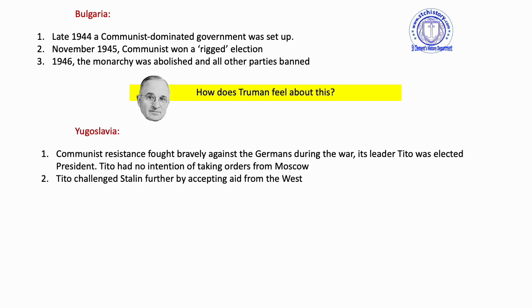All right, so Tito challenged Stalin further, by taking some of that Marshall Aid, which infuriated Stalin because Stalin banned all satellite states from taking the Marshall Aid, even though some of them did apply for it, and it was open to them as well. That was all part of the game, I think, by the USA to offer this money to all of Europe, including the East, but Stalin made it clear. So by Tito taking some of that money, he is just a bit of a nuisance to Stalin.